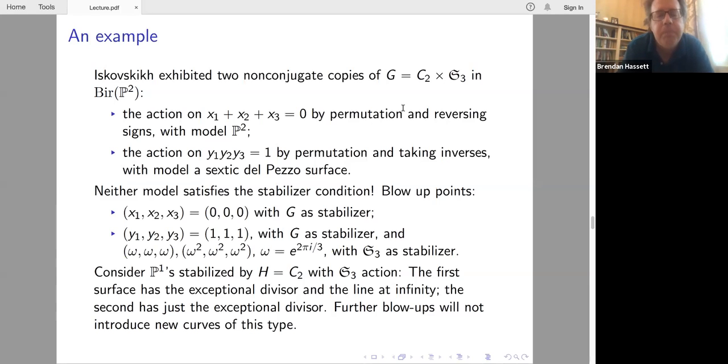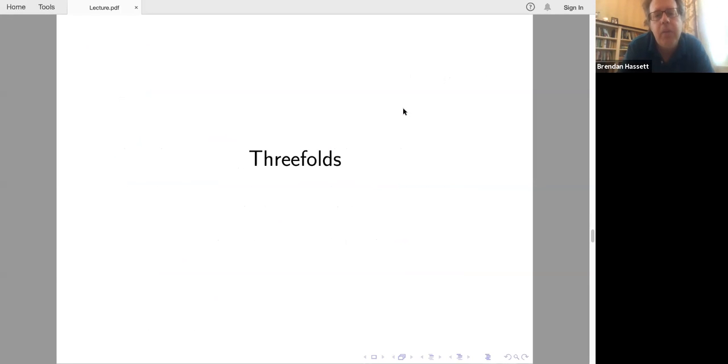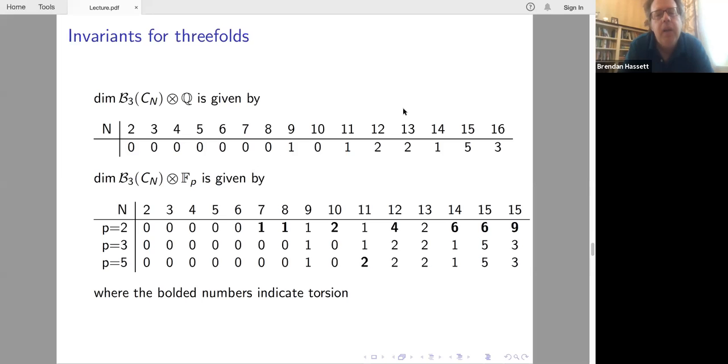Very good. Okay. Then let me continue with the threefold cases. I can't hope to give a comprehensive example, but I just want to show you some illustrative instances. So first of all, let me show you the structure of the invariants. And so the non-torsion invariants